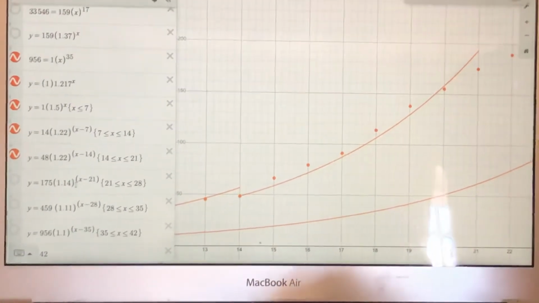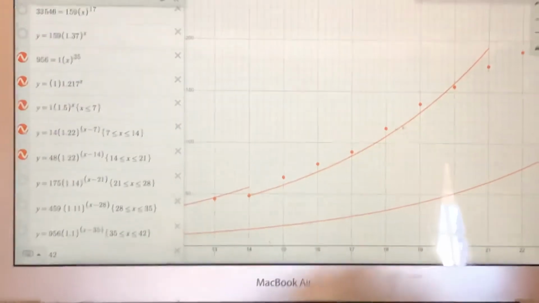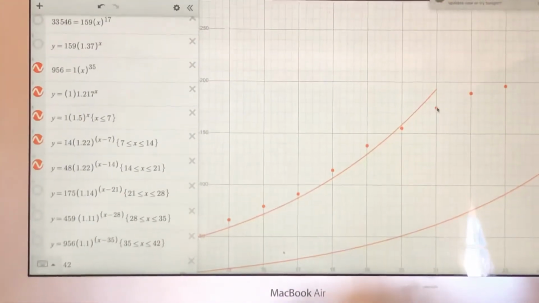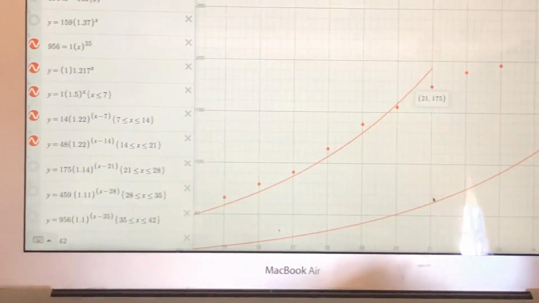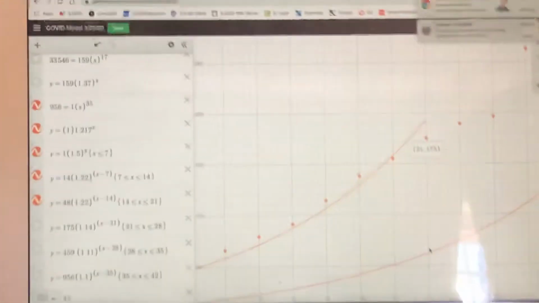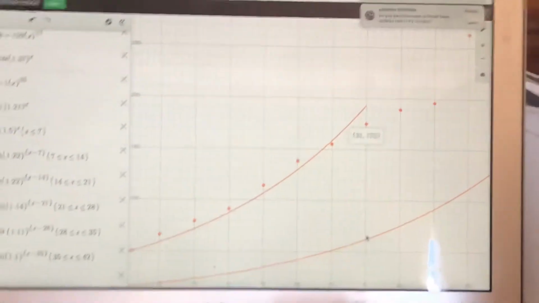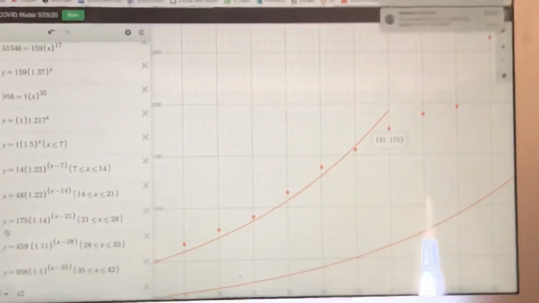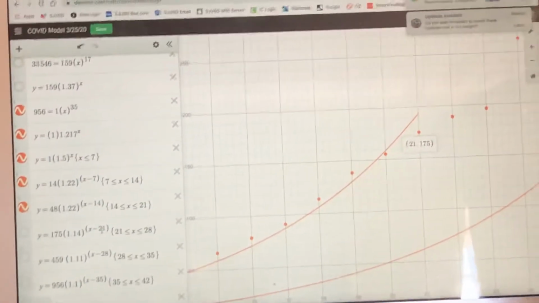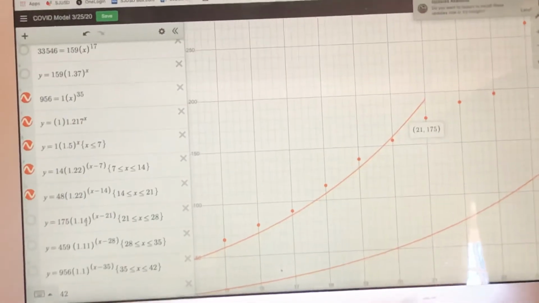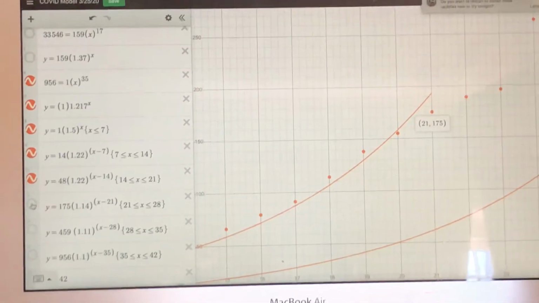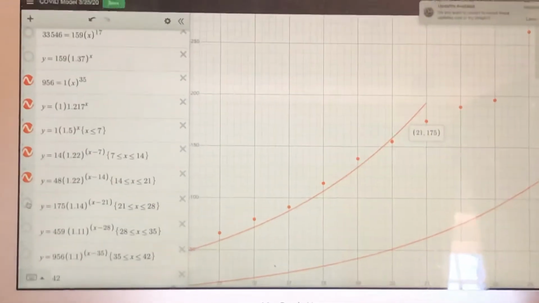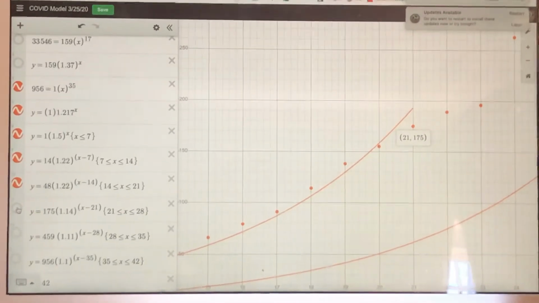This is week 4, starting on day 21. We were creating quite a lot of distance above that 1.217 growth rate. So for a while, we're really doing worse than that. And we moved to day 21. I modeled this with a 1.14, which is only a 14% daily growth rate, which is lower.